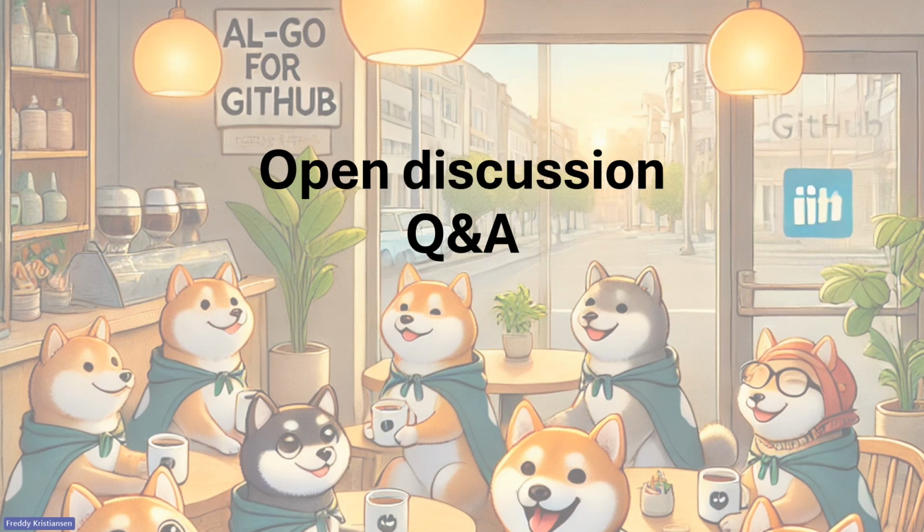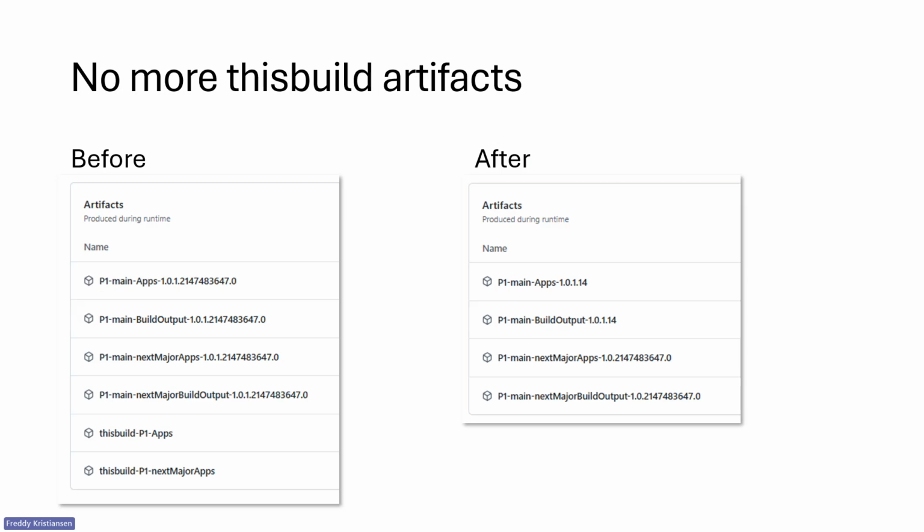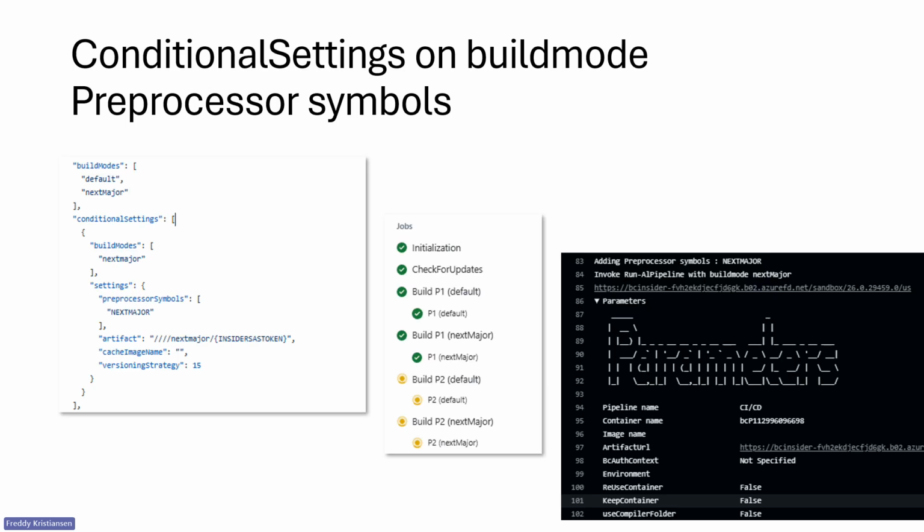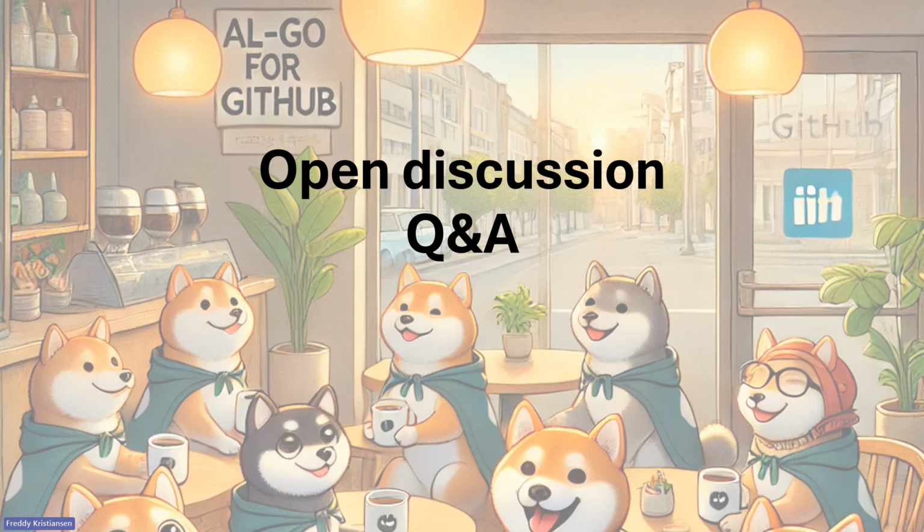I did start, let me roll back to the first slide here, a repo called GitHub Business Central Apps ALGO Office Hours 2025-1. This repository contains all the samples where I took the screenshots in this office hours course, and I'll use the same naming for one. But maybe we should have a list. There is actually, if you go